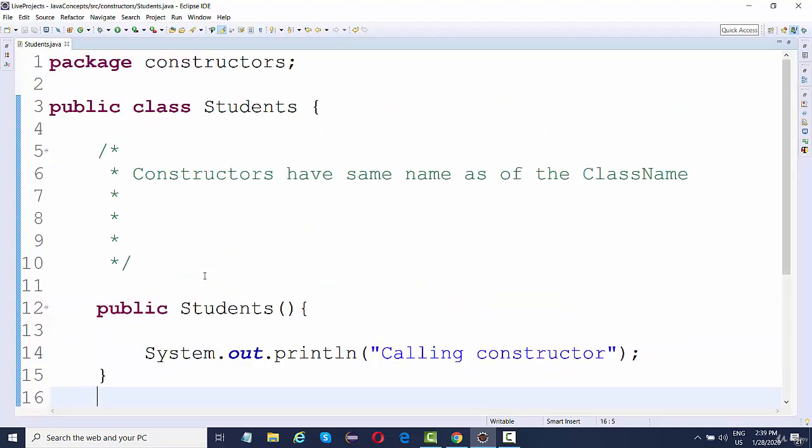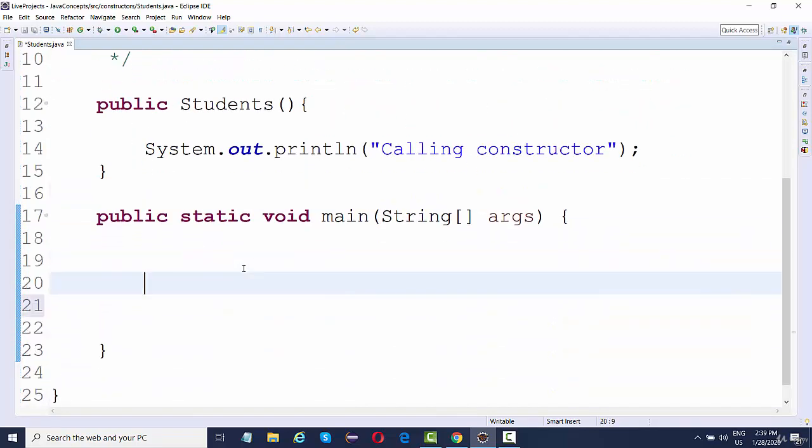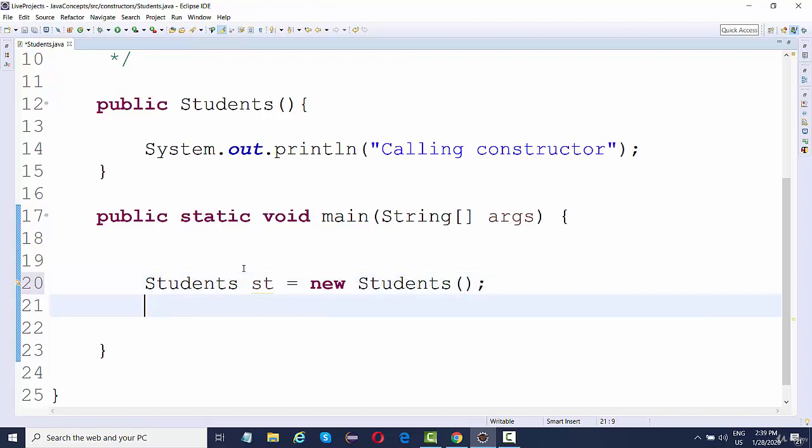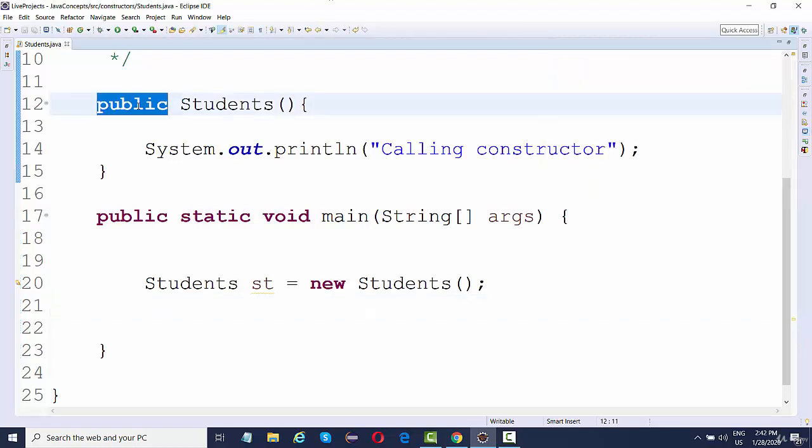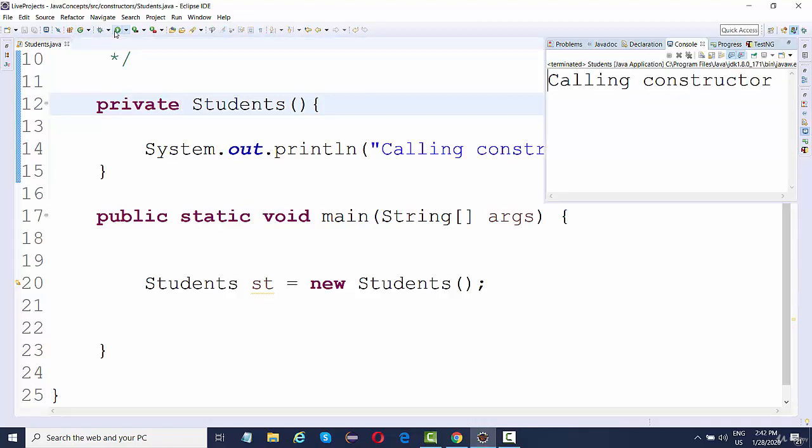and as soon as we create an object of this class, so if I say Students st equal to new Students, and if I run this, the very first thing that will be called automatically is the constructor of this class. Now, as I said, we can make this constructor private as well. So if I make this constructor private and run this, it will still work for this